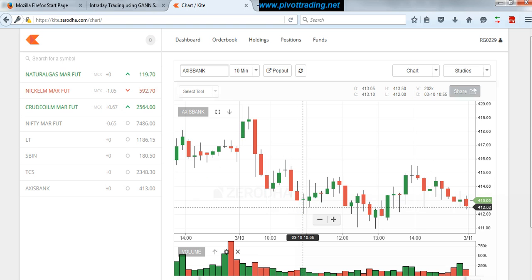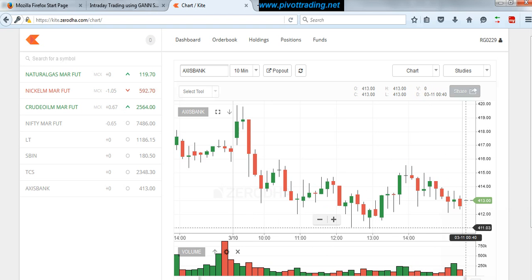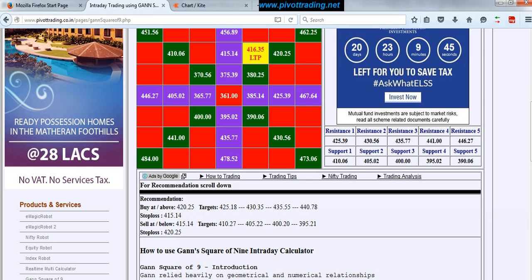And at 10:55, it has made some low. Let's see. No. Okay. So here also it has not made the low. And then it goes up, down, up, down. So it has neither reached the stop loss of 420, nor has it reached the target of 410. So in that case, you have no other option than to square off the trade in the last 15 minutes. But still, if you see, it gets squared off at 412, close to 413. Still, we made a profit of 2 rupees or 2 points.